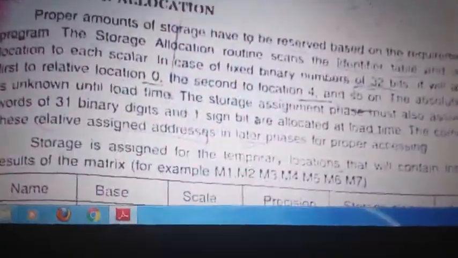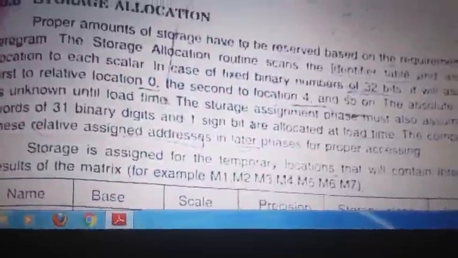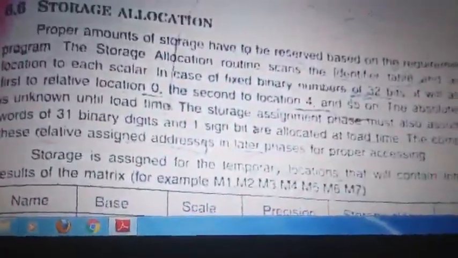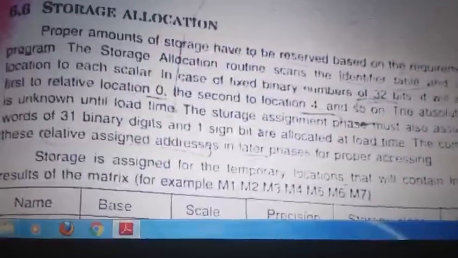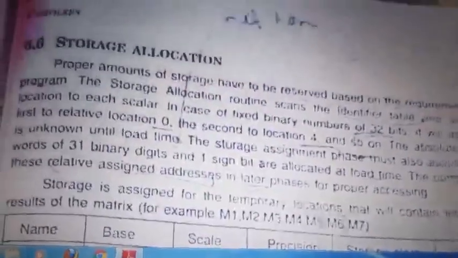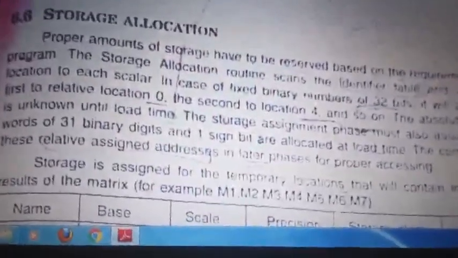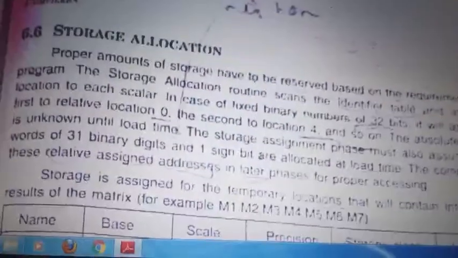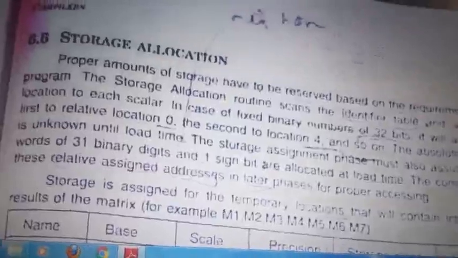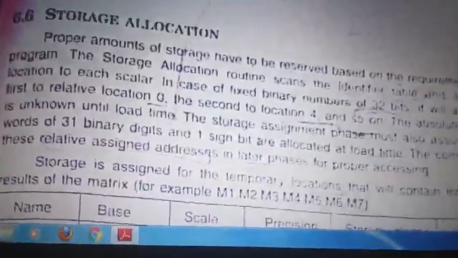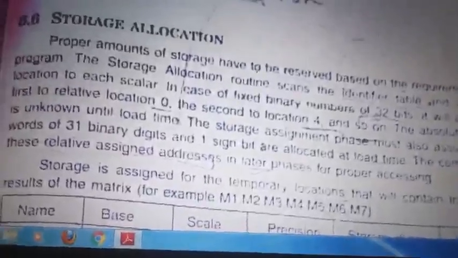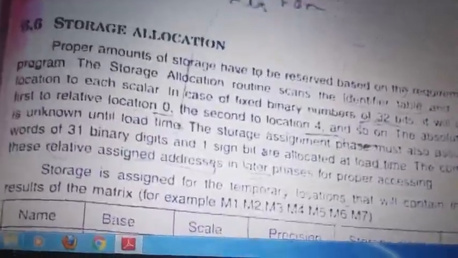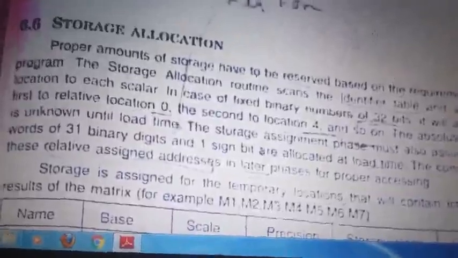Apart from that, we discussed non-arithmetic and non-executable. So in the synthesis phase, four phases: first intermediate code, second storage allocation, next optimization, then generation. So totally 7 phases. Clear? First phase is analysis and synthesis. In analysis, 3 phases: lexical, syntax and semantic. Similarly, in synthesis, 4 phases: intermediate code, storage allocation, code optimization and code generation.